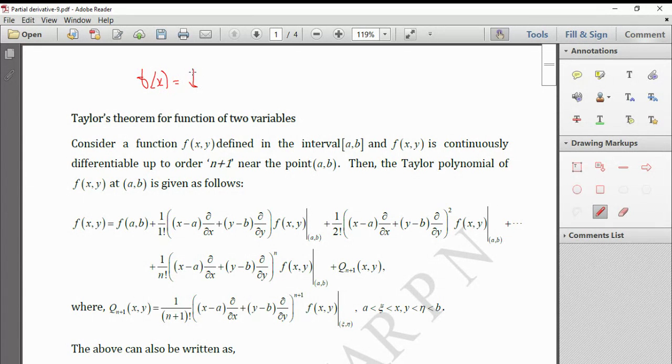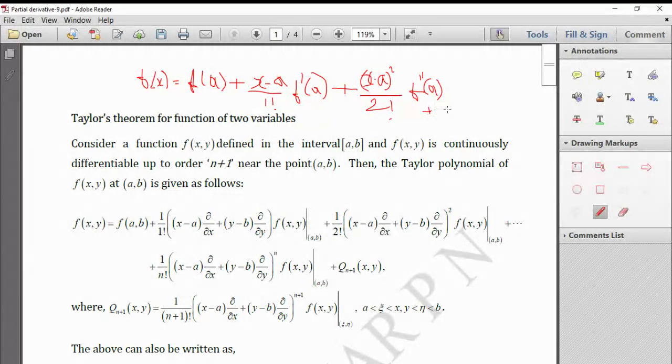f of a plus, or simply instead of b you can replace x because I've assumed x here, so I can write this as x minus a divided by 1 factorial into f dash of a, plus x minus a whole square divided by 2 factorial into f double dash of a, etc. It goes on, continues,